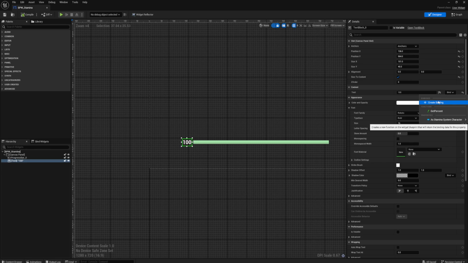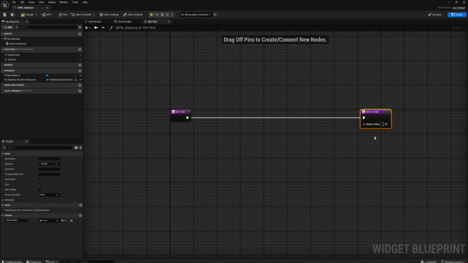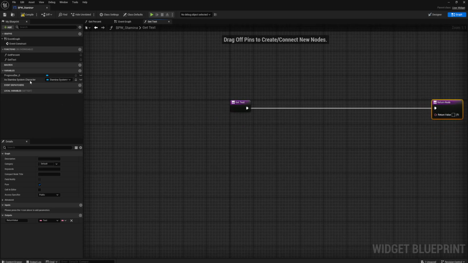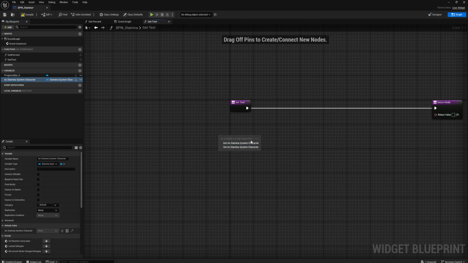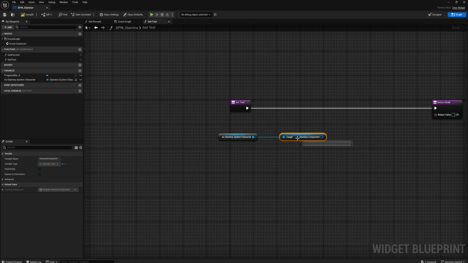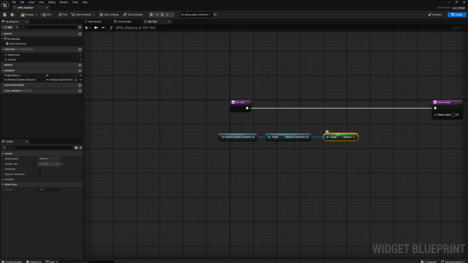Click on it, then create binding, and we don't need to unhook these pins. So we are going to get our stamina system character reference, then our stamina component reference, and then we need to get our stamina. So get stamina like that,